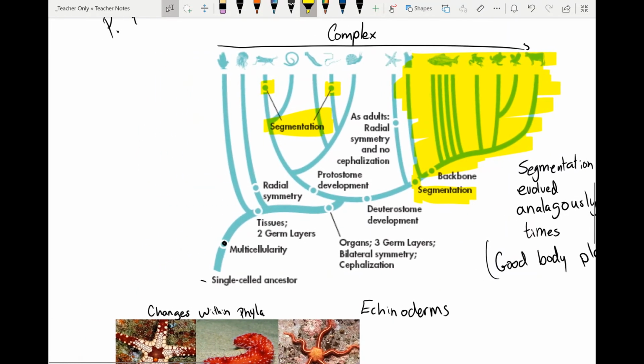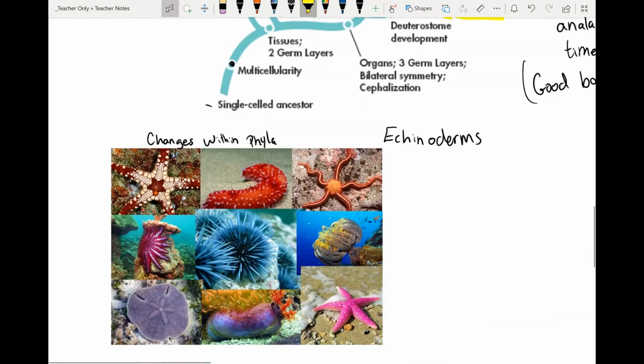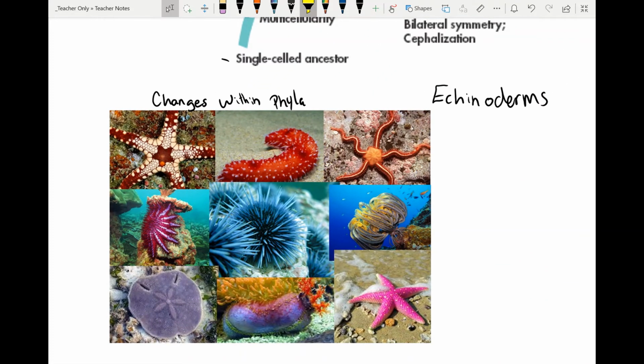All right, next up, going quickly, I'll look at echinoderms. So there are changes within phylums. You can think of this as sort of a theme and variation. So here we have a bunch of different echinoderms. These are our starfish. Other things that are included are sea urchins and sea cucumbers. Now, interesting things about this, echinoderms are known for